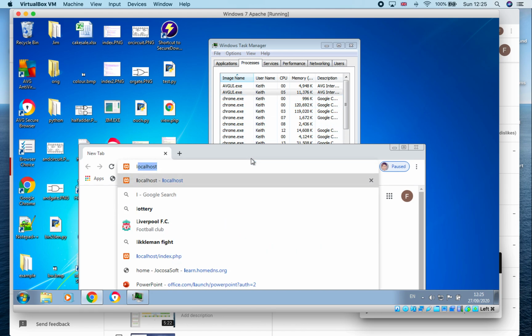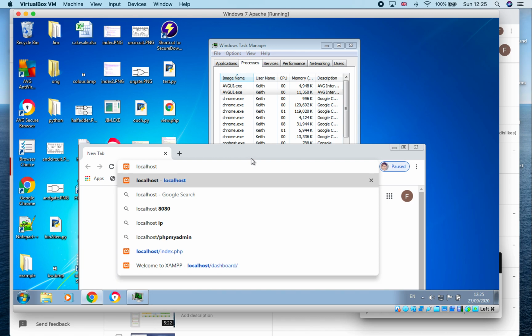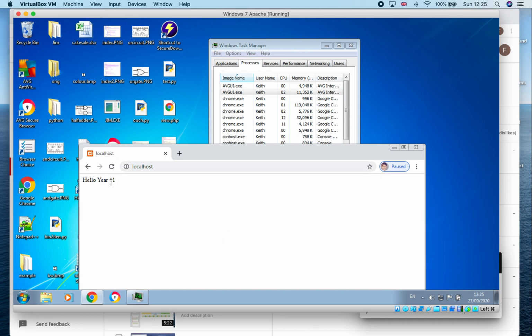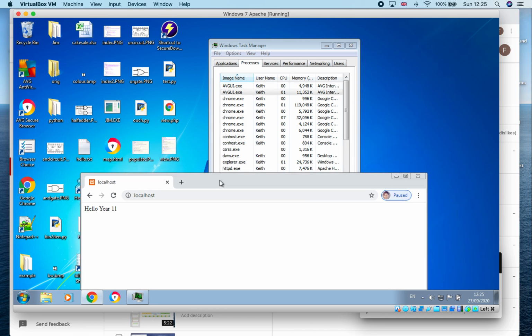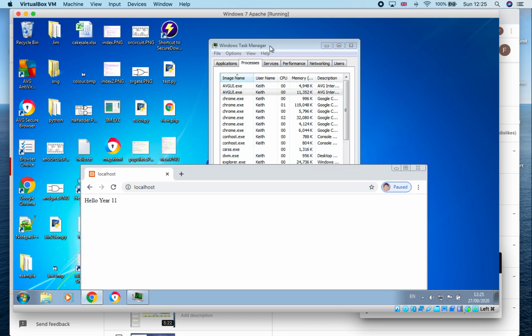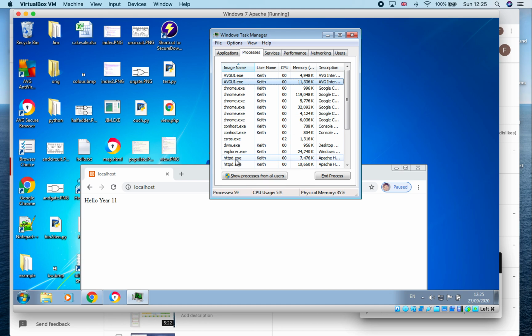And if I type localhost, I should get what we did in the last one, hello year 11, because I have got a web server running here, HTTPD. It's running in the background. Now that is destined to start when the machine turns on, and it just stays there until the machine's turned off. However, I can, if I want to, end this process,